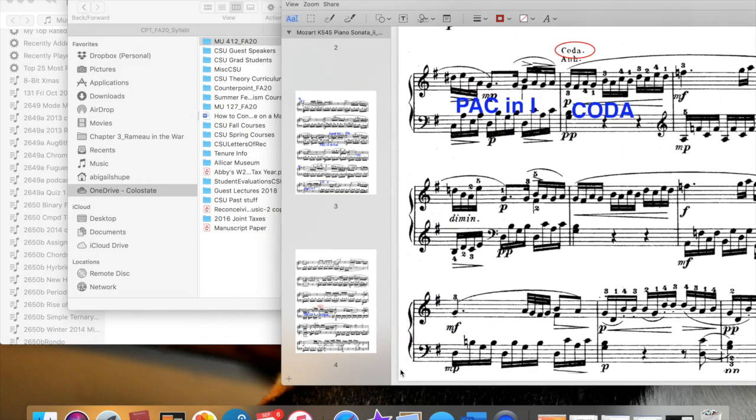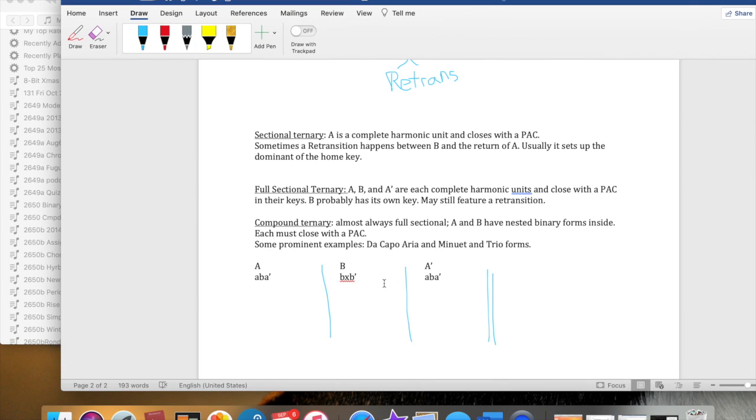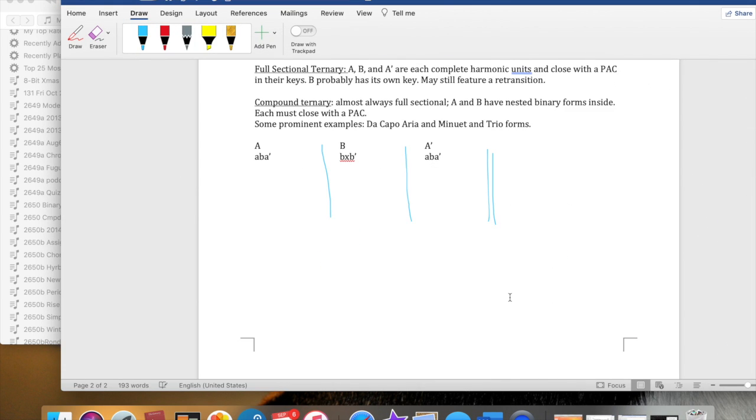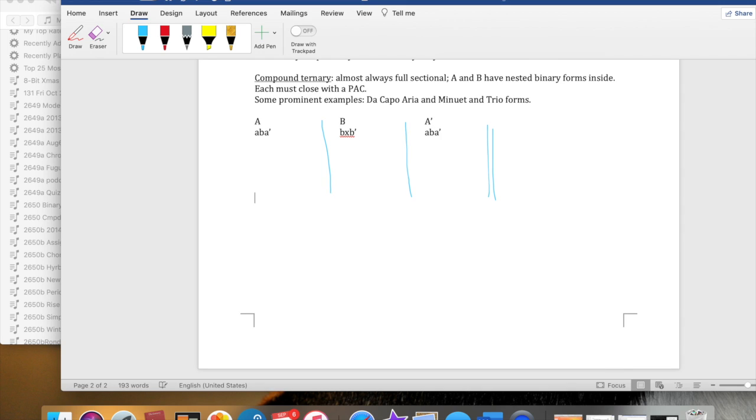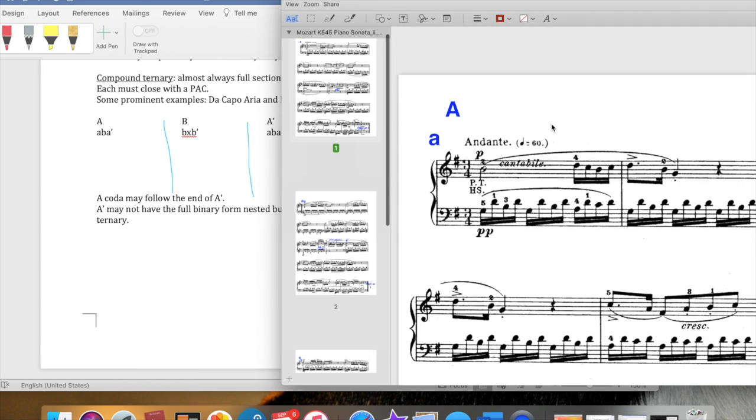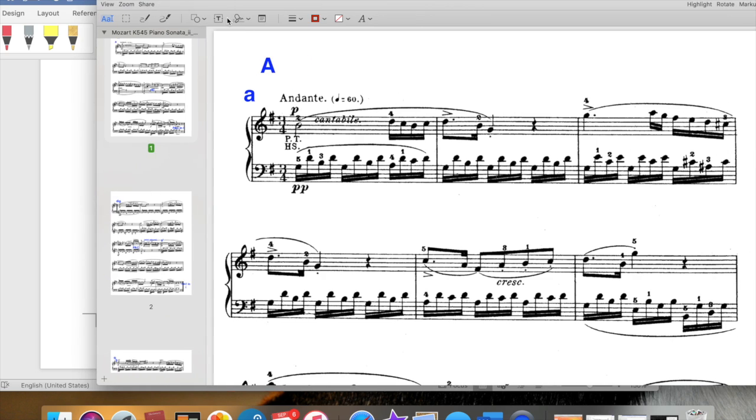And it's really good to, let me get back to my notes here and just note that a coda may follow the end of a prime. A prime may not have the full binary form nested, but we still call it full sectional compound ternary. It's a whole lot of words to label this piece with, but that is the case. I'll go back and put that at the top of the score as well. This one is